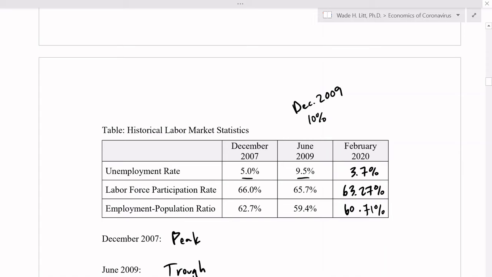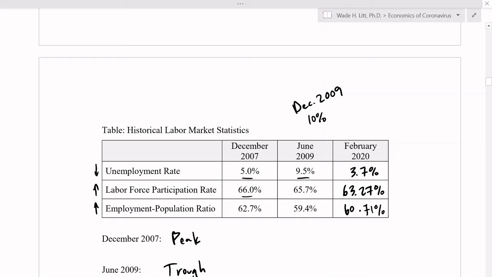Generally, for these second two, we want these to be higher: the labor force participation rate and the employment population ratio. We want higher numbers for these. We want lower numbers for the unemployment rate. And so as you can see,